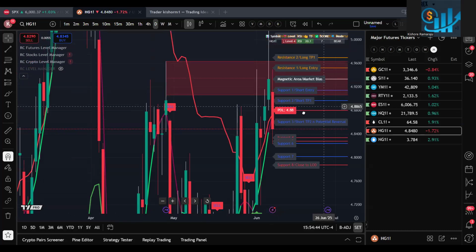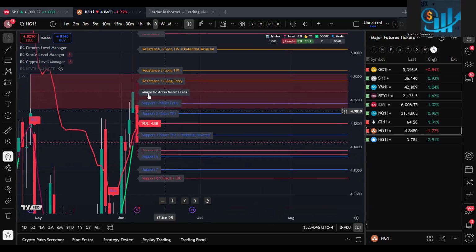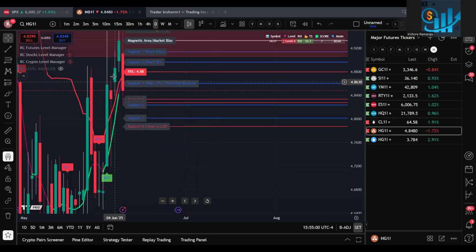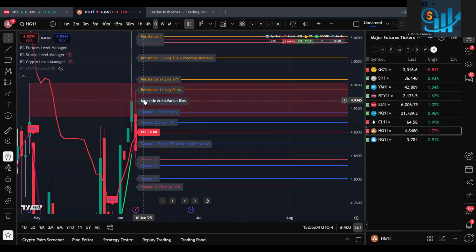you don't need to worry about all the previous days, just watch what happened on Friday. If you are watching today, you will see that on Friday, my open was below the magnetic area. My close was also below the magnetic area. So that means there is a high possibility for copper to go further down. Sellers took the control. They did not allow the buyers to take the control and go up. Sellers took the control. They are pushing the price down